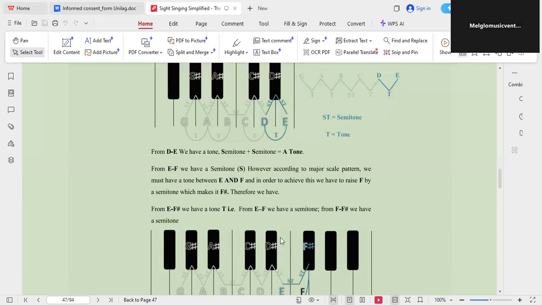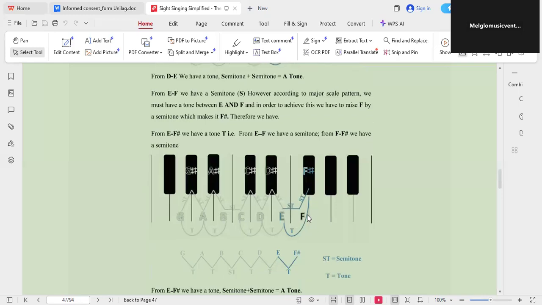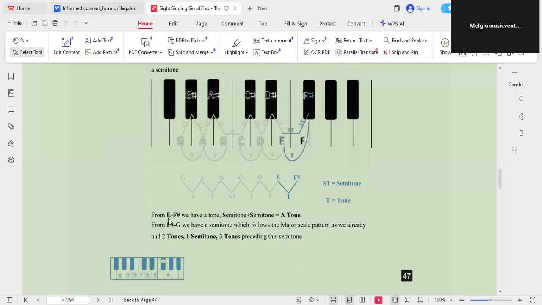Therefore, on our G major scale, our F is sharpened. It's not this F natural that we are using. We are using this F sharp, this black key, on our G major scale, and that's why we put the sharp on our representation of G major on the staff and on the keyboard at the beginning. So now from E to F sharp, we have a tone, and then we need the last semitone. From F sharp to G, we have a semitone,